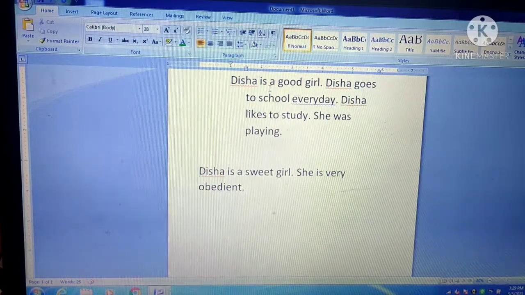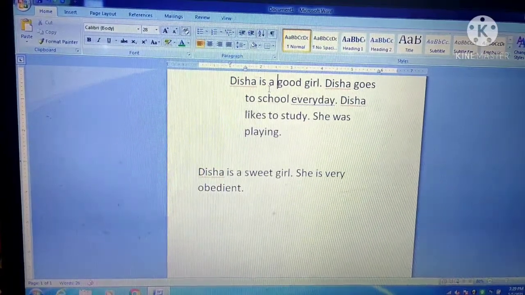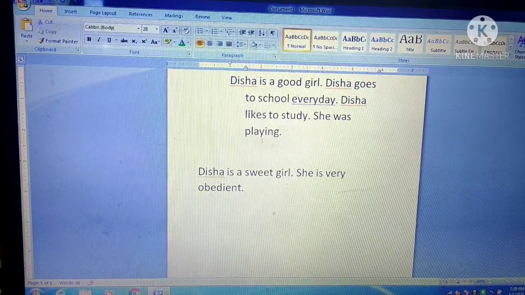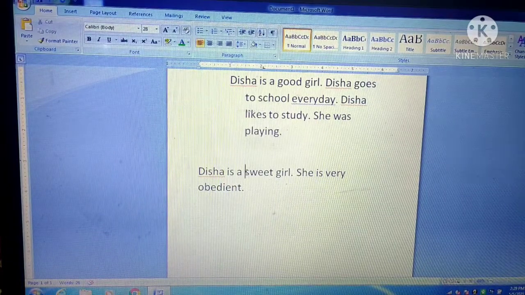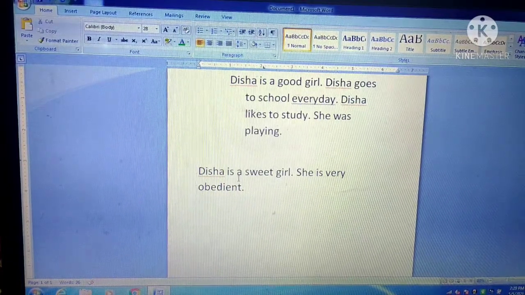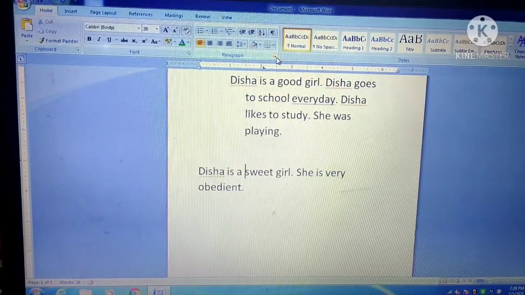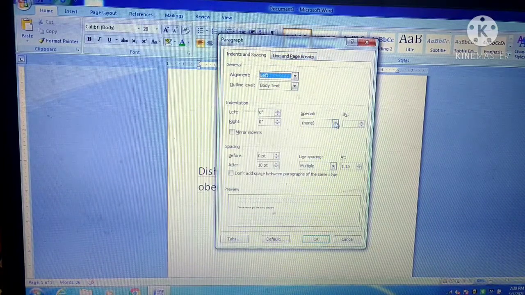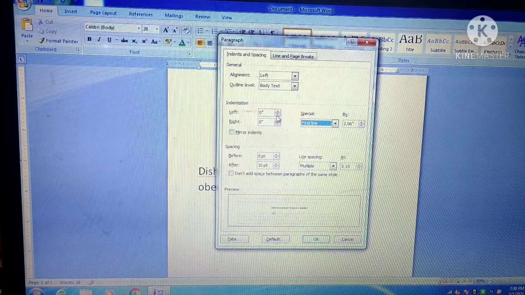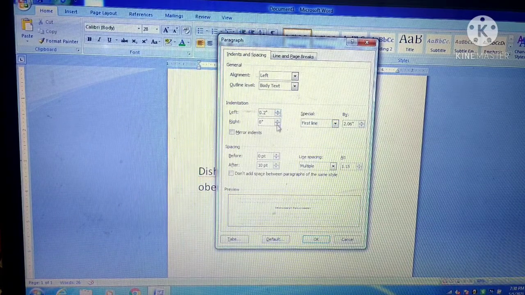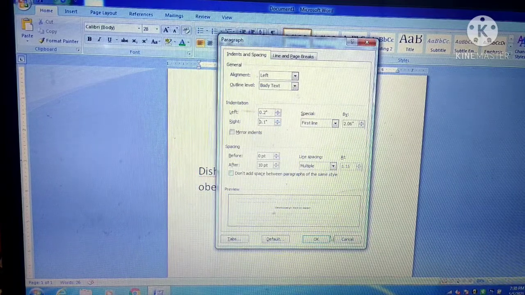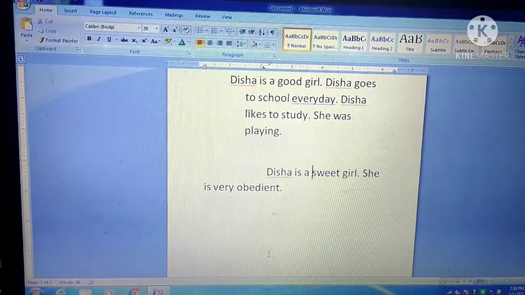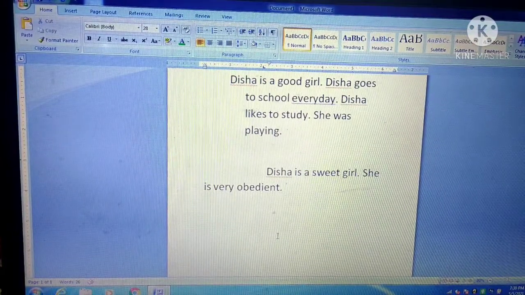You can set two different indentations for different paragraphs. For this paragraph I have chosen a hanging indent. Let us choose a different indent for this paragraph. For choosing this, you will first click anywhere in the paragraph and then click on this launcher, and here we can choose the first line indent. Click on OK. Can you see this? Both the paragraphs have different kinds of indentation.